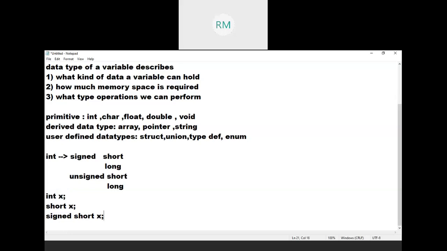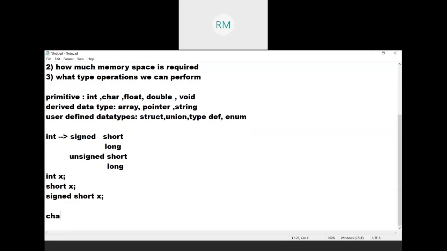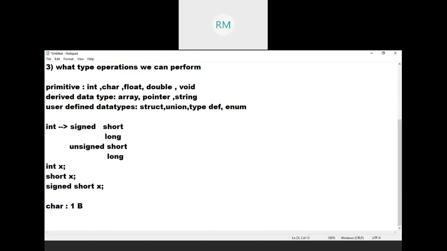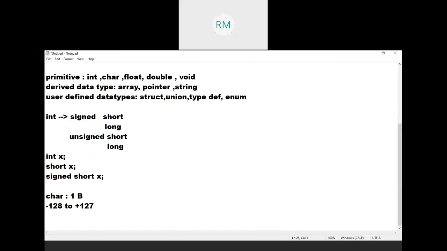Next one is char type. Char type needs 1 byte of memory, 8 bits, so the range is minus 128 to plus 127. Char type is somewhat confusing to many people. To represent characters in computer memory, you cannot represent the character as it is.